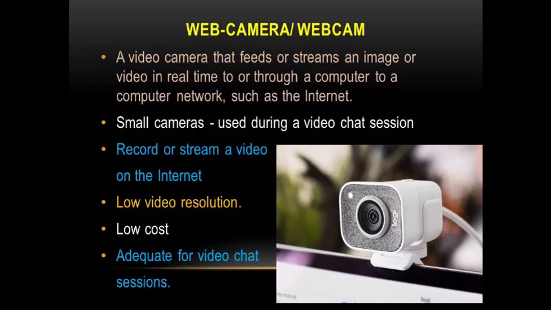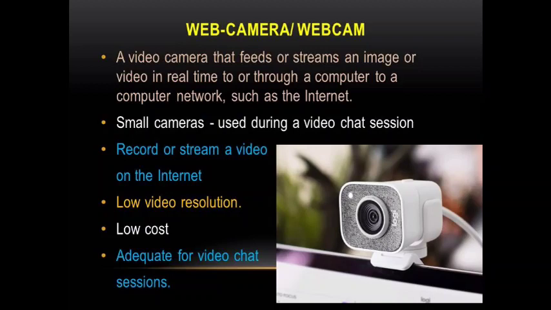Now, web camera or webcam. A webcam is a video camera that feeds or streams an image or video in real time to or through a computer or a computer network, such as the internet. Webcams are typically small cameras that sit on a desk attached to a user's monitor or are built into the hardware.